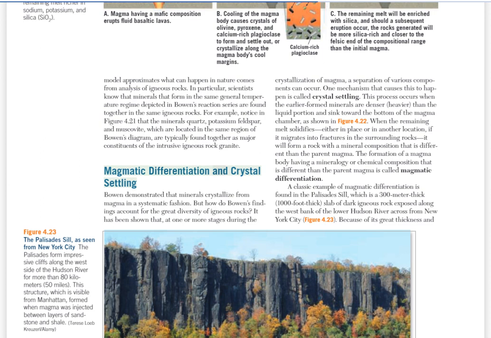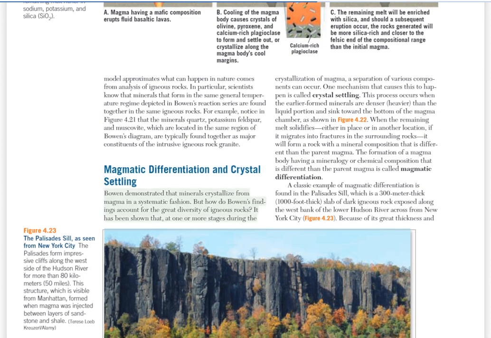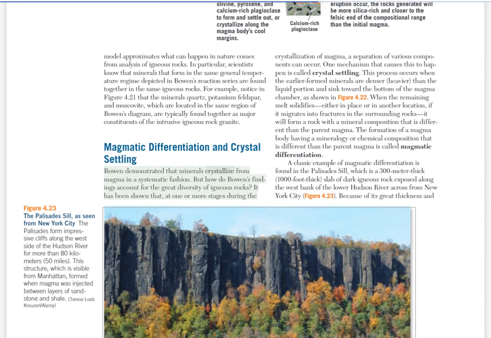Magmatic differentiation and crystal settling. Bowen demonstrated that minerals crystallize from magma in a systematic fashion. But how do Bowen's findings account for the great diversity of igneous rocks? It has been shown that, at one or more stages during the